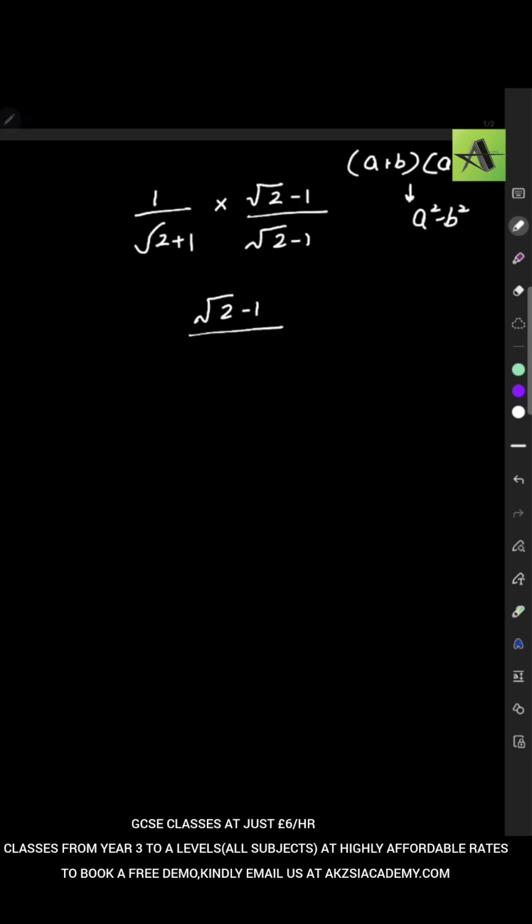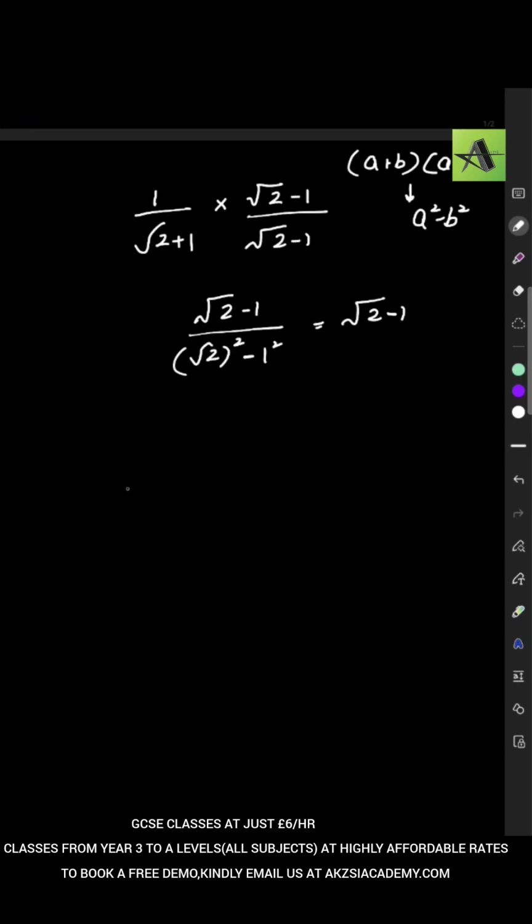This will save your time because otherwise you're doing a times a, then a times minus b, the conventional way of solving the brackets, expanding the bracket. We can just skip that and directly write a squared minus b squared. So a squared, that means root 2 whole squared minus 1 squared. Root 2 minus 1 over 2 minus 1 is just 1. So the answer is root 2 minus 1, and you can clearly see we have removed the surd number from the